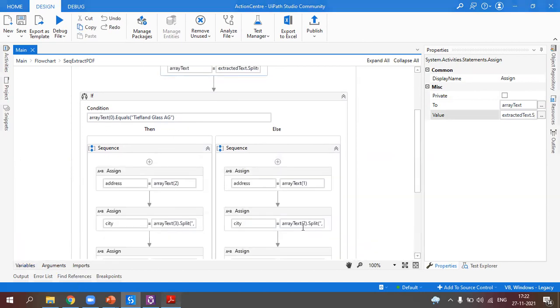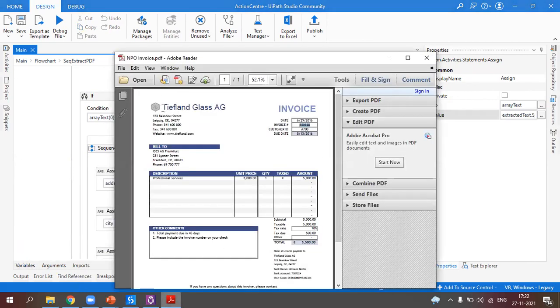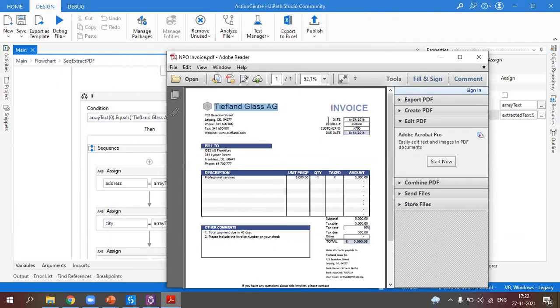This is to check, because there might be different names in the invoices. For now I'm scraping Typeland Glass invoices only. For other invoices, this name can be changed to something else and these fields changed accordingly. There you have to use your custom check to decide which type of invoice it is, and then scrape accordingly.